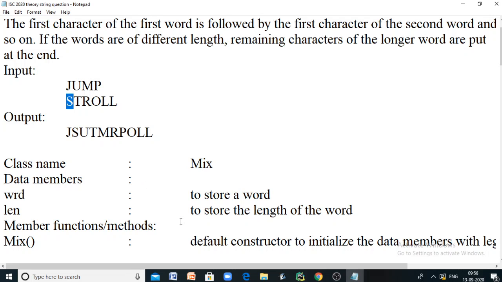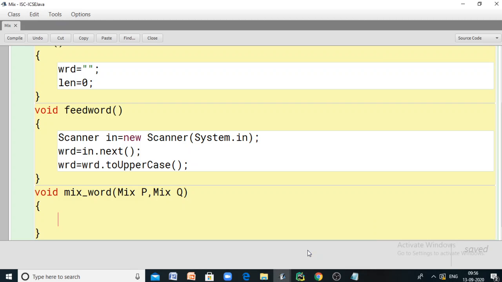Now, if I want the number of iterations of the for loop to equal the sum of the lengths of the given words, I want to know the length of the words. How can I find the length of the words? In Java, in String, we have a method called length. Length is the function to get the length of a given string. It should be called with the name of the string for which you are finding the length.